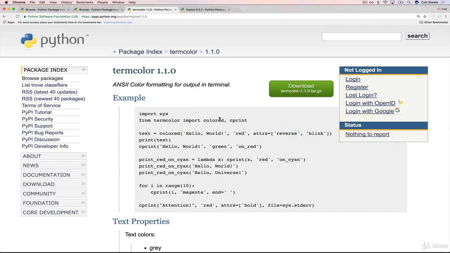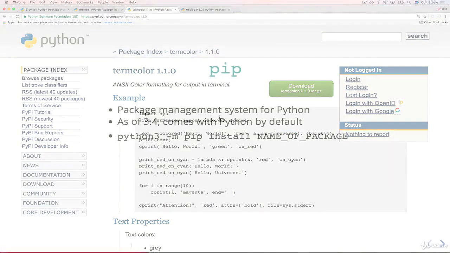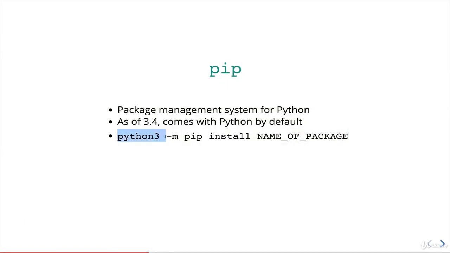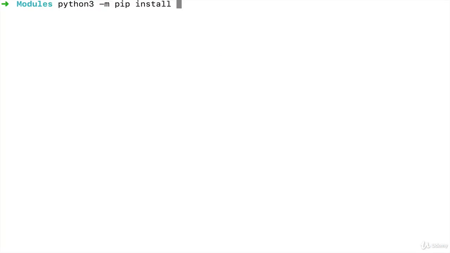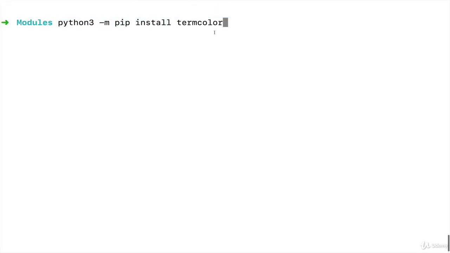But the first thing we have to do is actually install termcolor. So using this syntax, python3 -m pip install, open your command line and run it with termcolor. Or if you have another package that you're trying to install, replace termcolor with the name of the package.